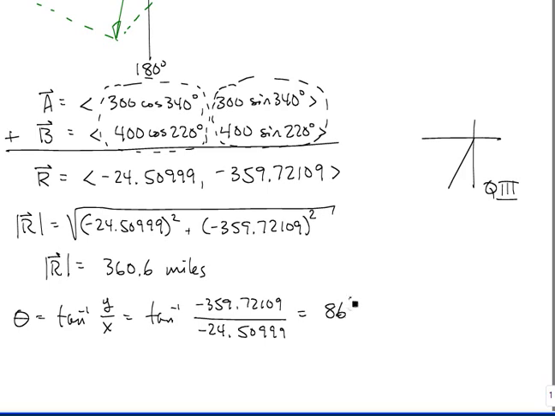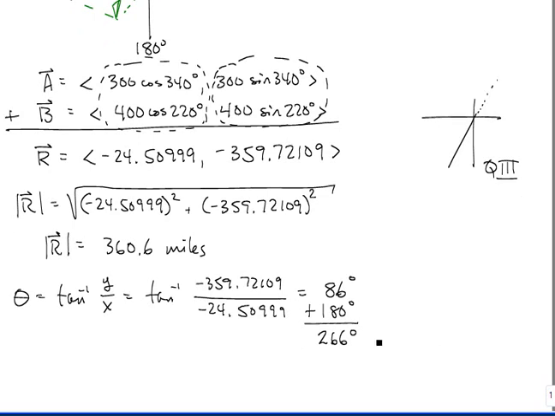Well, back on our picture that we drew for ourselves, 86 degrees is actually in quadrant 1, so we know that's the incorrect angle. So I add 180 degrees and I get 266 degrees. That's still not my final answer because that is actually polar, and I need to go back to